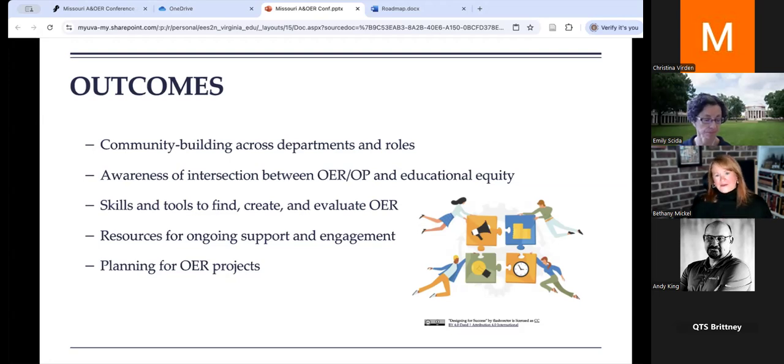The scaffolding of theory and practice worked really well. Relying on the participants to do a little bit of that pre-reading was critical. As Emily mentioned, the first time around, we did a little bit more of that teacher talk, a little bit more of that lecture. And we found that the time together could be much better used for deeper engagement and conversation around the topic.